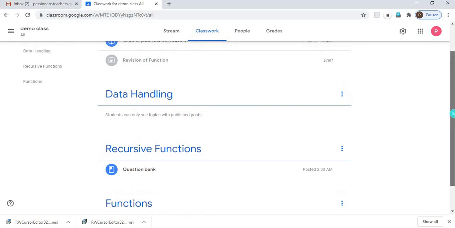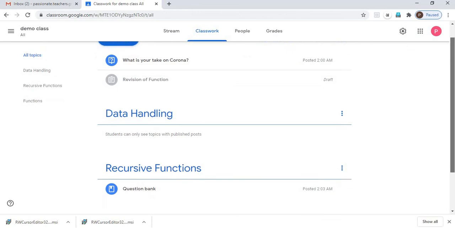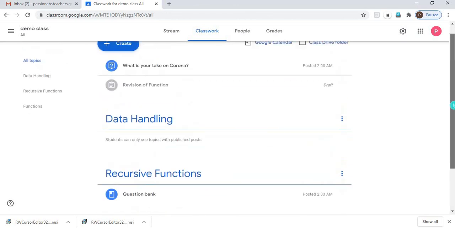So let's say if your Google Classroom has different subjects, English, Hindi, math, science, you can make different topics, and the teachers who are added as a collaborator with you for different subjects can post their assignments in a particular topic under them, and that way all the different types of subjects are taken care of under different heads. So that's all for today.